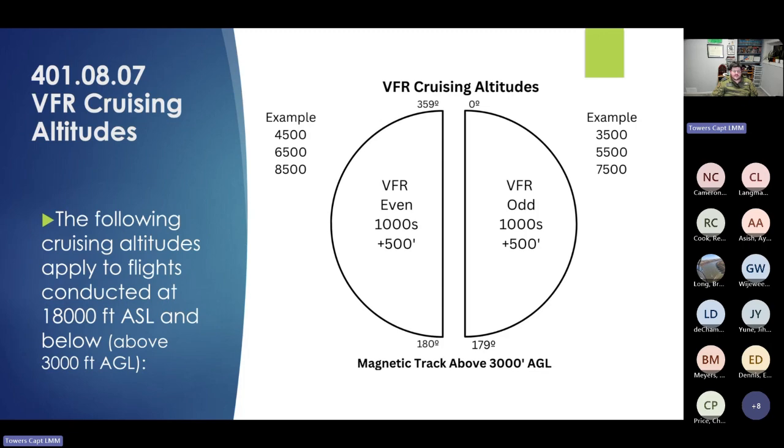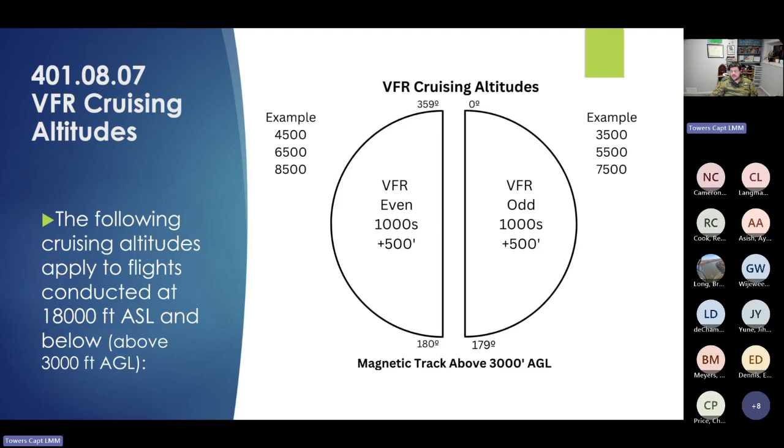So the following cruising altitudes apply to flights conducted at 18,000 feet above sea level and below, and above 3,000 feet AGL. So when you are heading west, you should be